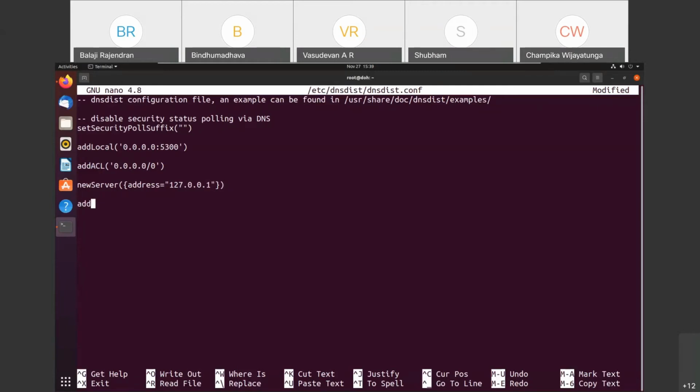Then I will add TLS. So add TLS local. Now, one important point that I did not cover is that if you want to establish TLS or even HTTPS, you require a TLS certificate. Without a TLS certificate and key, which is a key pair, as yesterday we saw in PKI, we generate a public key and private key. The public key is in the TLS certificate, and the private key will be in the form of a key file. So we need to generate the public key and private key.